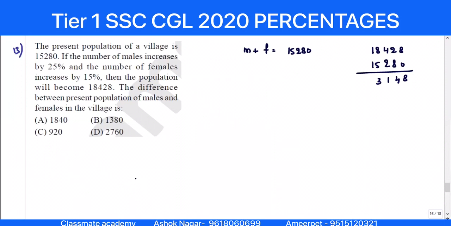$3,148 is the increase you can see, right? If I round it up, male is a 25% increase and female is a 15% increase. If I round it up to 15%, how much is remaining in male? 10% is remaining in male. So I would say 10% remaining in male